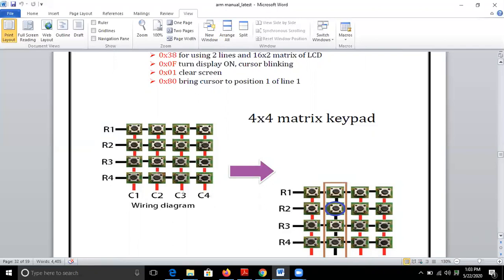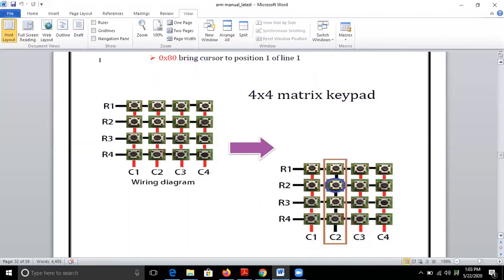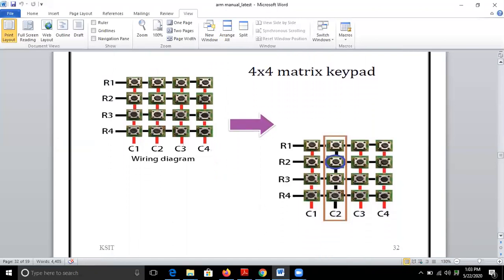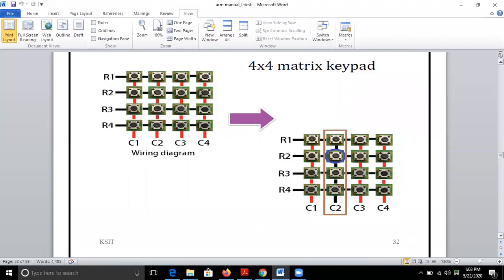So now let us assume that there is one key which is pressed at the intersection of row 2, R2, and column 2, that is C2. So how do we detect that the key at the intersection of R2 and C2 is pressed?